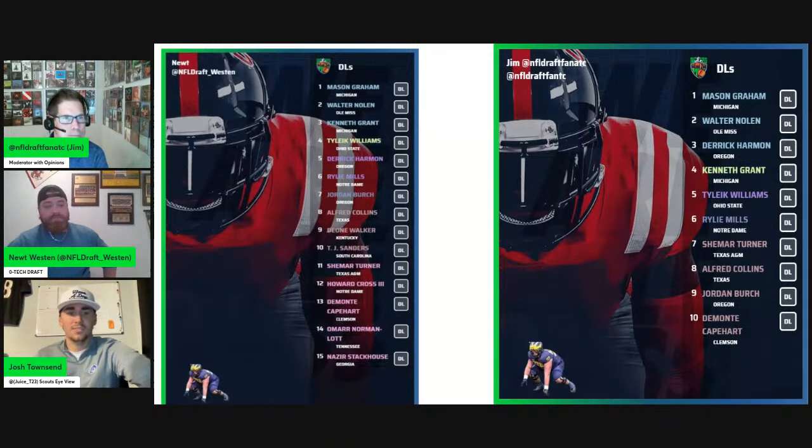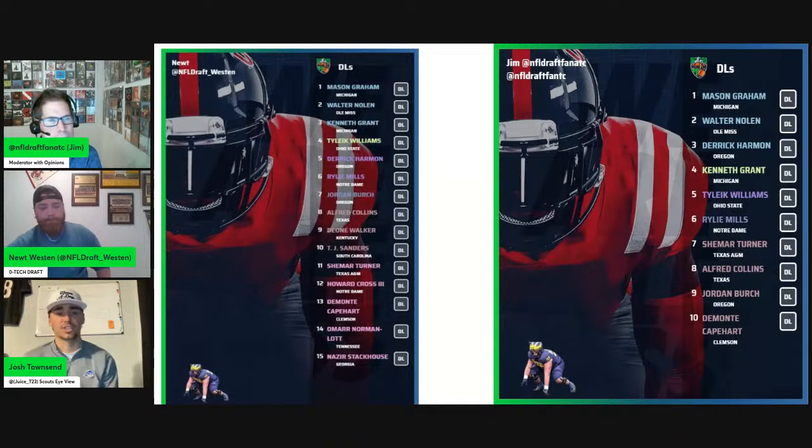And that's going to be the difference between each guy, each scout that you talk about. Where are they projecting their projectability compared to what traits you bring to the table is where you're going to have different interior defensive lines stacked up. For me personally, Norman-Lott's ability to get after the quarterback and his freak movement skills are going to hold more weight for me. So he's going to be slightly higher graded than Howard Cross.